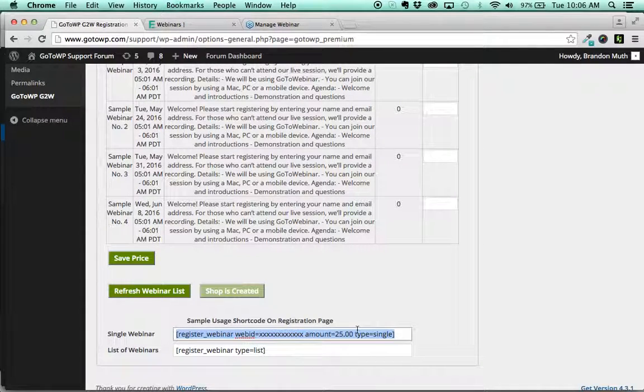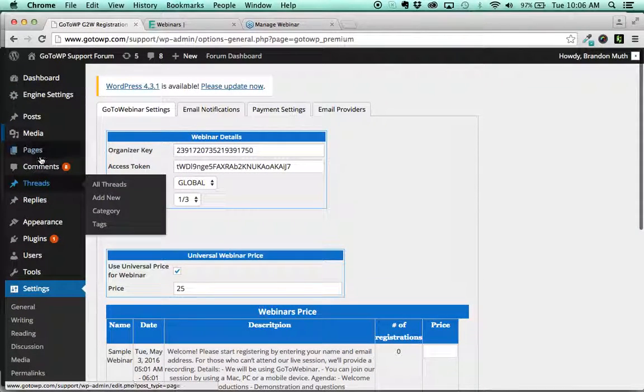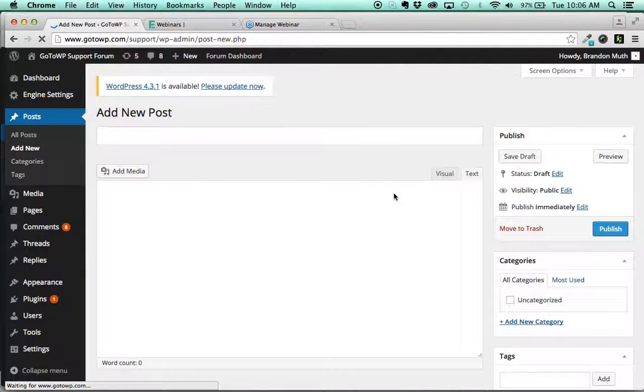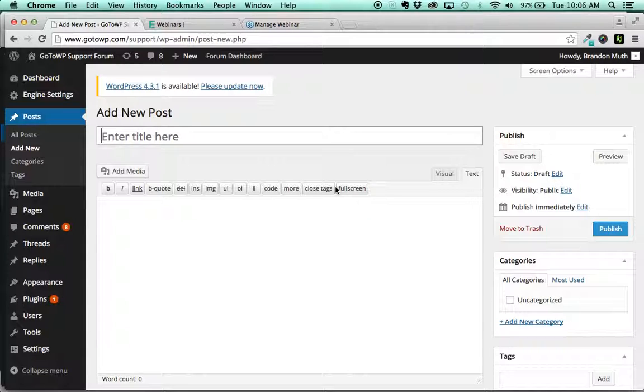This is the shortcode for a single webinar, so select all that, copy it, and you can create either a page or a post to put this on. I'm going to do a post just because it's easy. A page is easy too. And I want to sell this sample webinar only, just the one webinar. You want to make sure that you're in the text tab, not the visual tab, and go ahead and paste